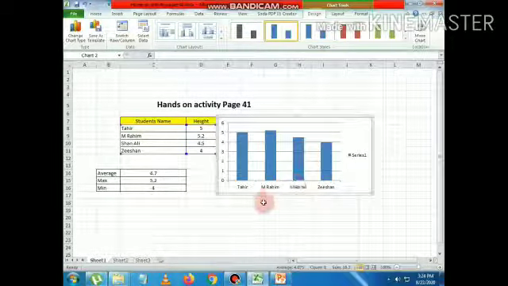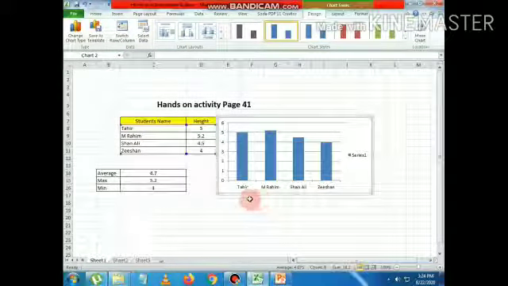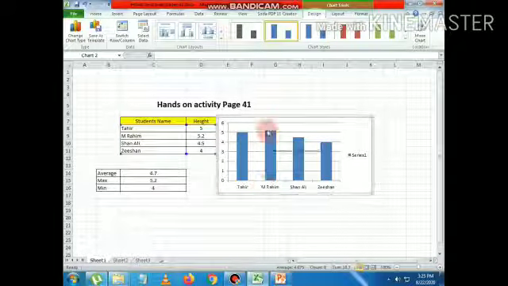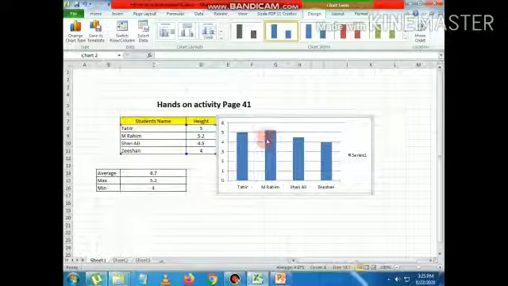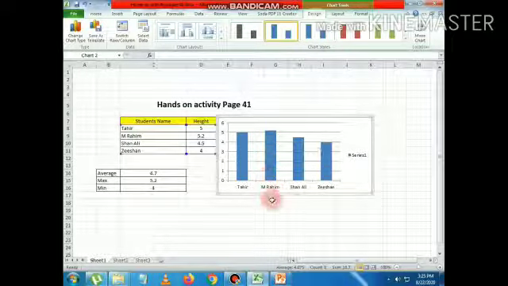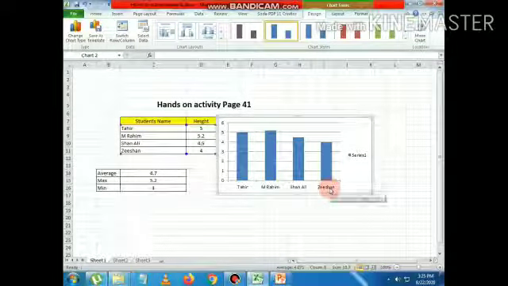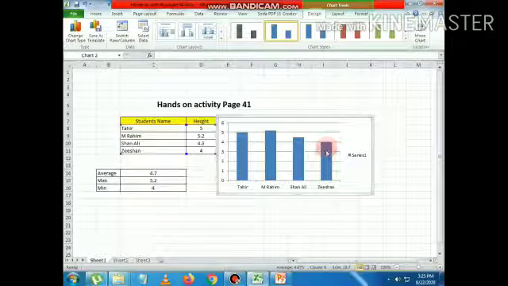Students, we can analyze that the maximum height, of Muhammad Rahim, is shown in this chart, and Zishan has the shortest height in this chart.